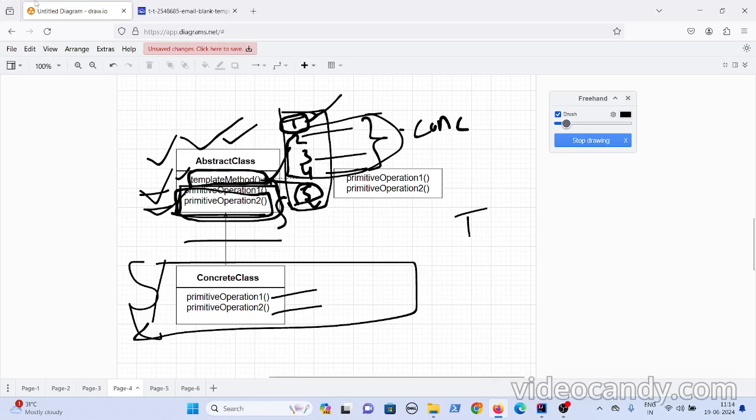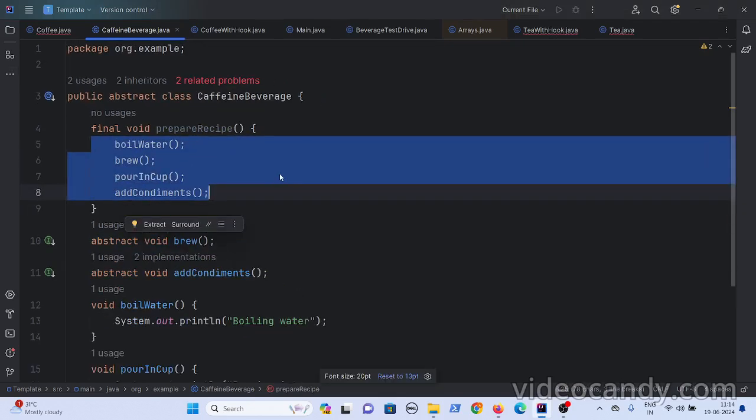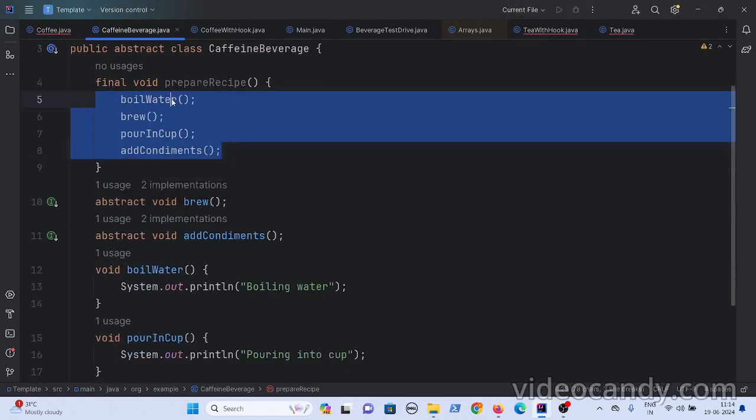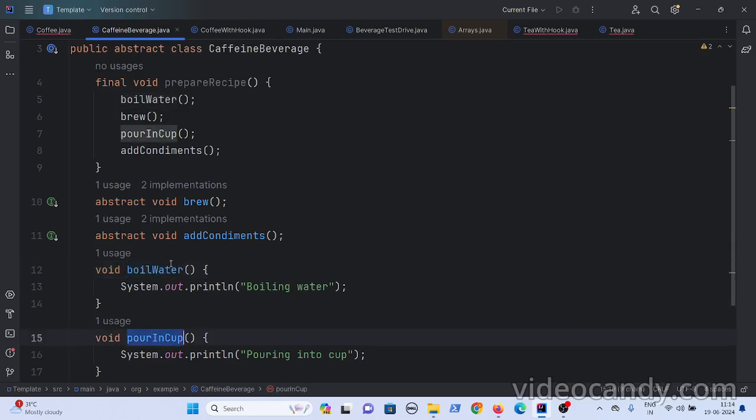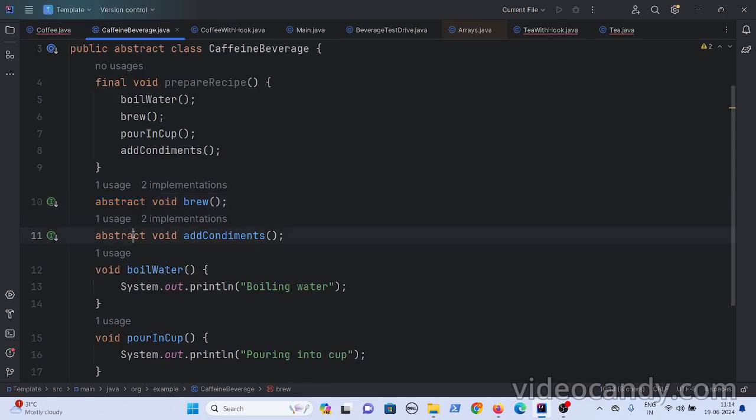And there is this hook concept in the template method pattern. Hook. So what is a hook? If you see 1 and 5, you don't know the implementation of that, because the child classes have to provide the implementation. Even here, these are the methods that we have described. For prepare recipe, and for boil water and pour in cup, you have provided the implementations, whereas for brew and add condiments, you did not provide. So these are all the abstract methods. These are all the concrete methods.